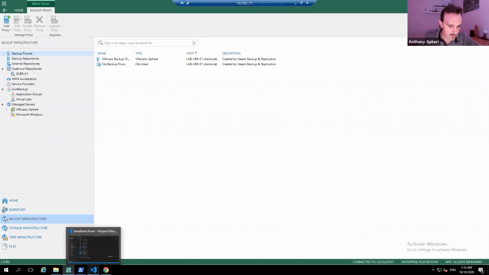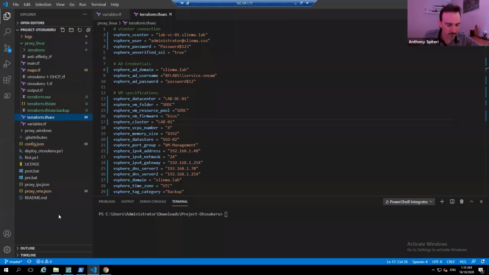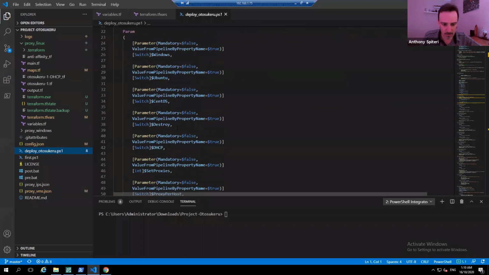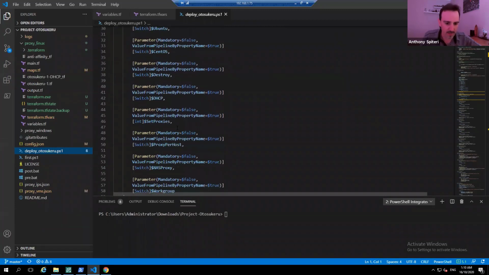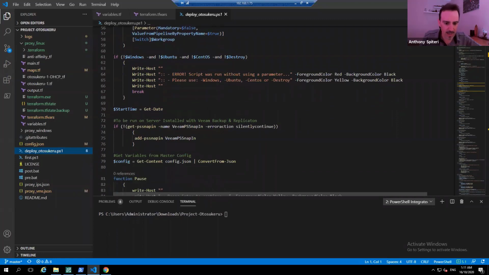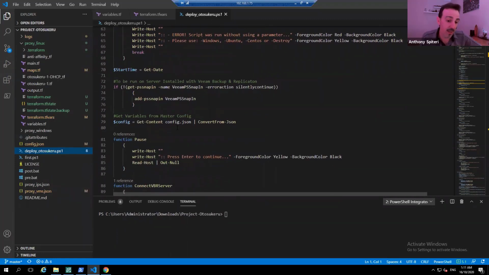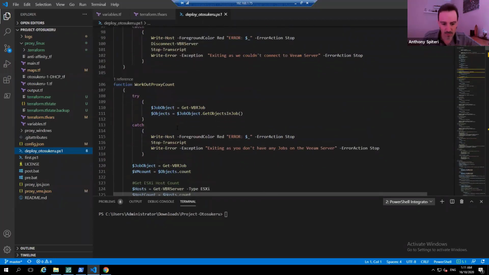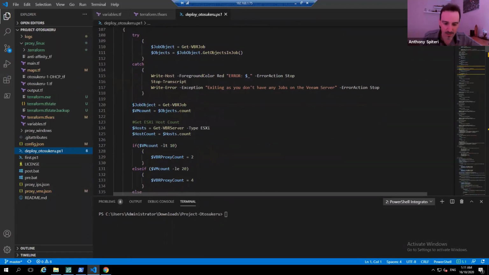So what you can see here is that I've basically cloned it down from GitHub. And when it comes down, effectively, we've got a PowerShell. So this is effectively wrapping Terraform in PowerShell. So we're leveraging PowerShell to do the heavy lifting. We're pumping in parameters. We're giving it options. We're leveraging the Veeam snap-in to connect to a Veeam server. We're going to leverage Veeam PowerShell commandlets to then configure these servers once we deploy it. But we leverage Terraform, importantly, to actually do the heavy lifting of the server deployment. Okay, and that dramatically decreases the flow, dramatically increases the efficiency of this sort of job.